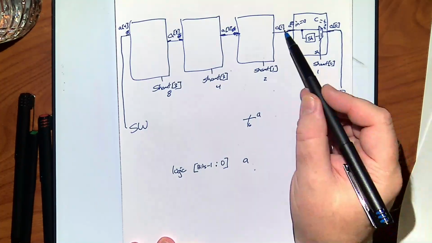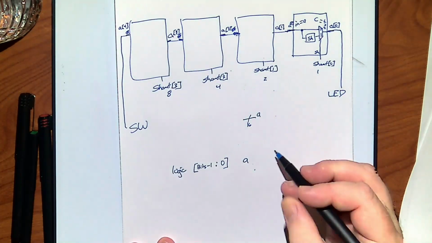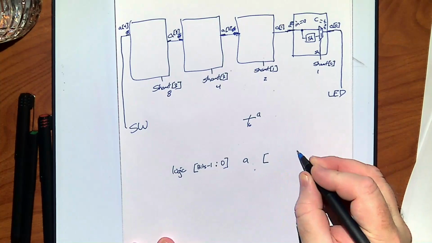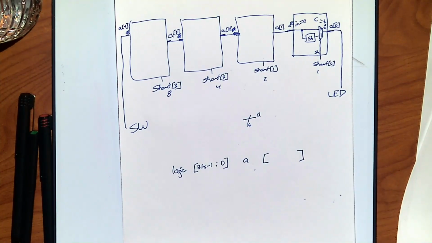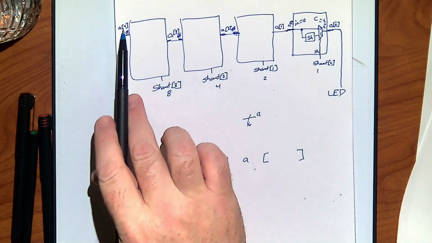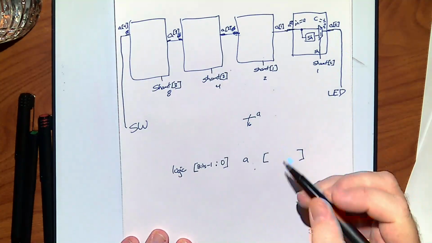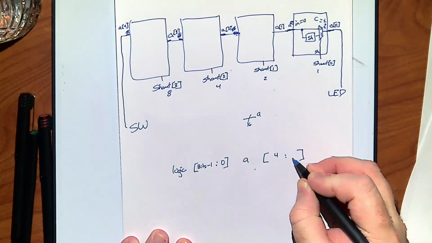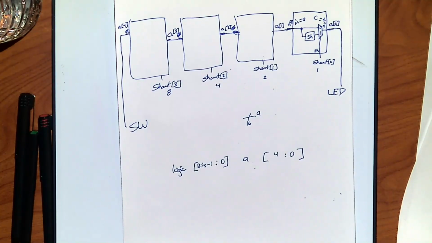Now I need to be able to get the 0, 1, 2, 3, 4 thing. That's what comes after. All right? Whatever you put afterward is the range, which makes a copy like what we see here. And in this case, I want from 4 down to 0. So I can do that. It's technically true. But now